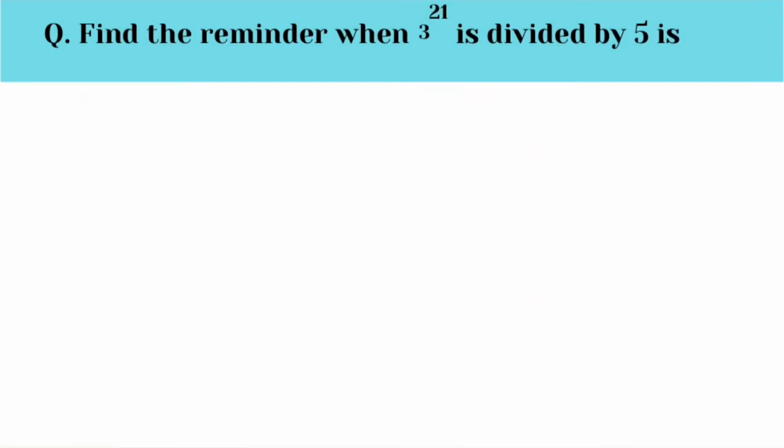Find the remainder when 3 power 21 is divided by 5. So, the question is like this: 3 power 21 is divided by 5. What is the remainder? Okay. So, here